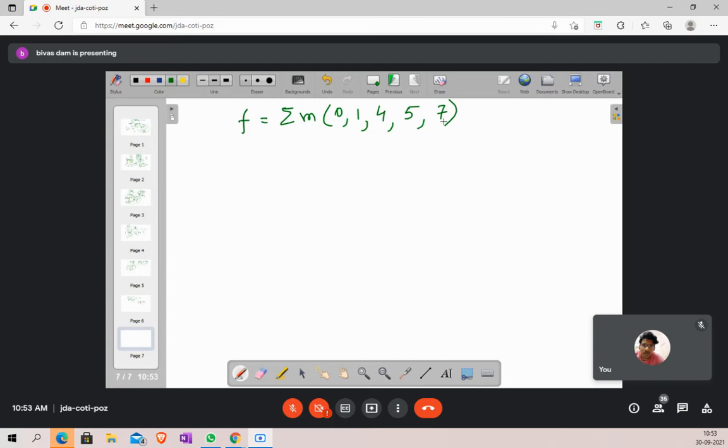One particular function is given. Our task is to realize this function using a suitable multiplexer. I repeat, we have to realize this combinational logic function using one proper 2:1 multiplexer. How many input variables are there? 3. 8. Why 8? How many input variables? It goes from 0 to 8, sir? That is the minterm. How many input variables?